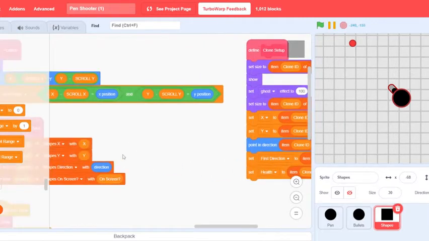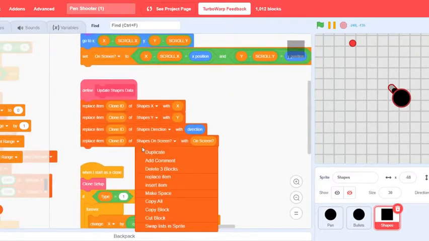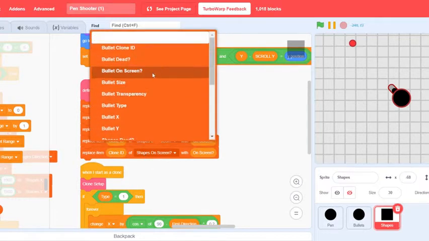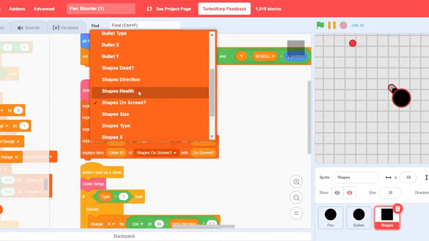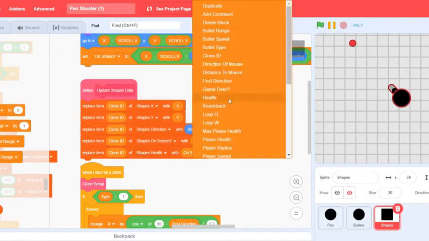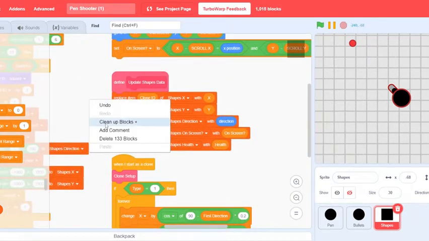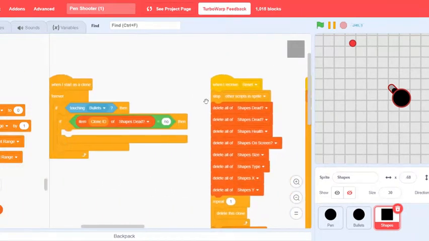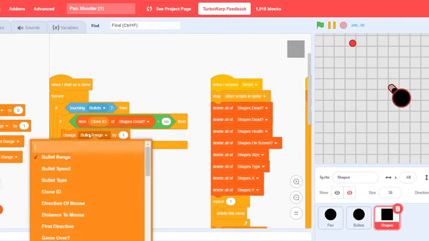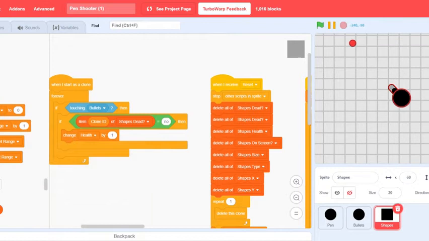And then in here we can keep updating the shapes health with our new health, because when we make the health bars, and then we're just gonna say change health by